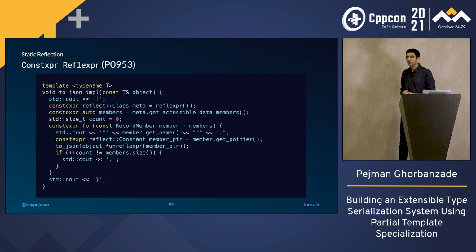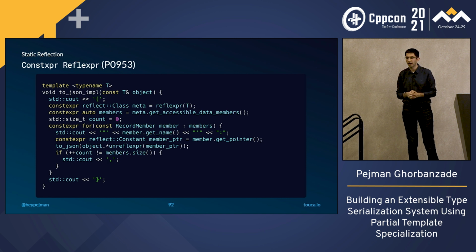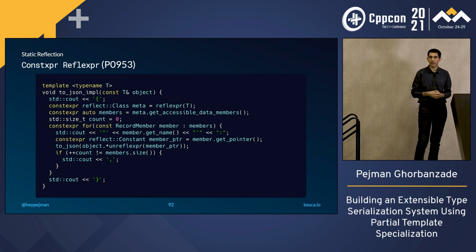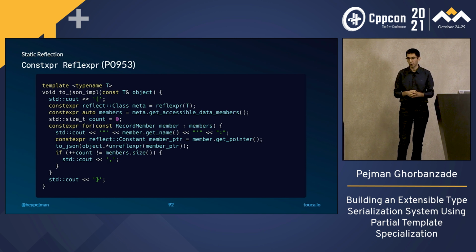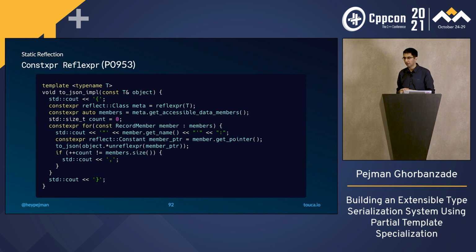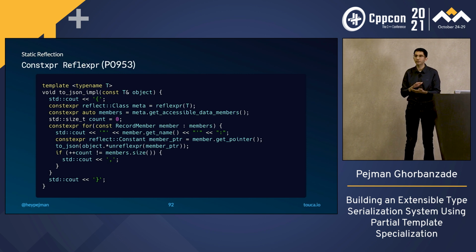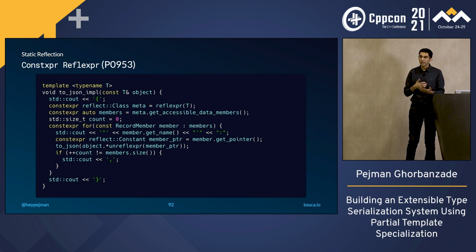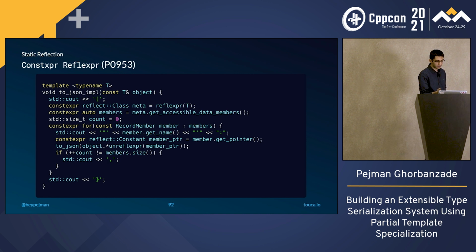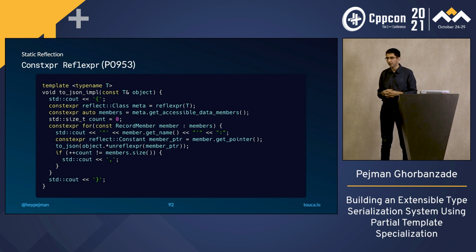Here is a proposal that, as far as I know, is not approved yet, but I think it would better explain how the reflection TS would work. In this case, I am creating a to-JSON impl, which takes any type. It doesn't care, we are not creating any constraint for it. But then we check the accessible data members, and print the name and their values. Of course, this makes use of facilities that are already in the language, like reflexpr or unreflexpr